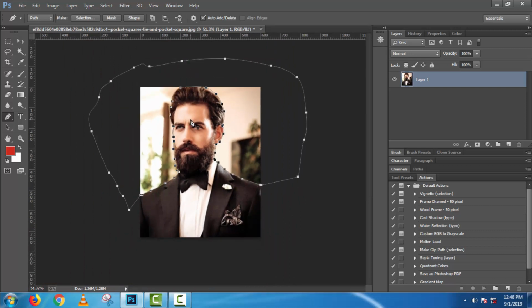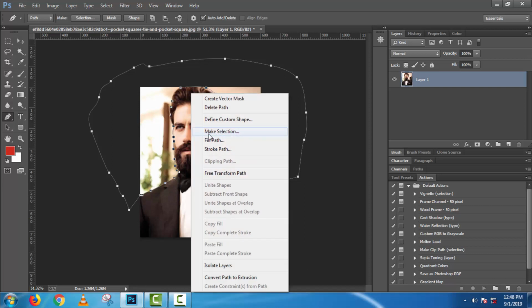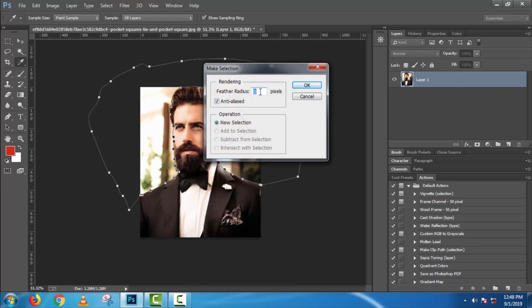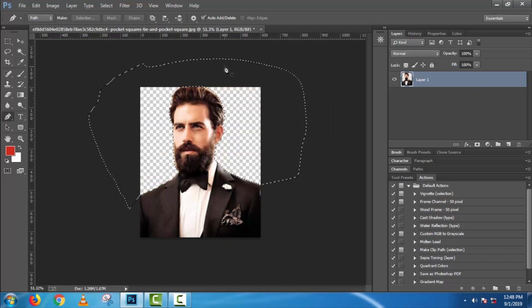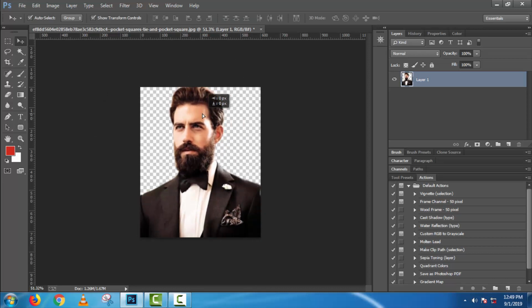After completing the selection, right click on the mouse and click on make selection. Type here feather amount 2, then click on OK. Now you can use backspace or delete to remove this background. You can use the quick selection tool to select an image quickly, but for that you need a high